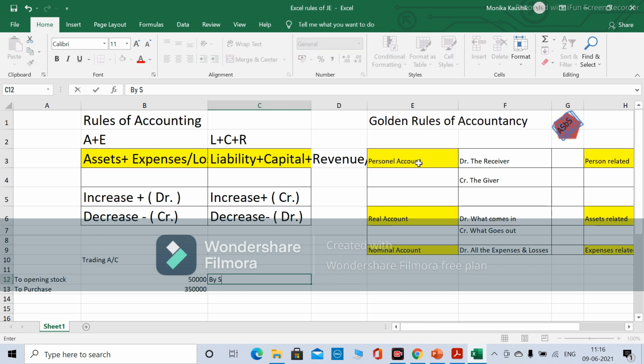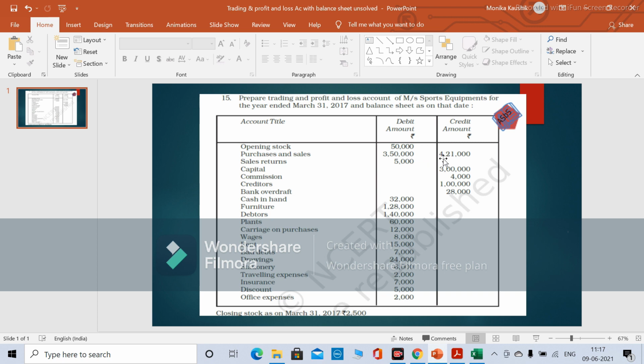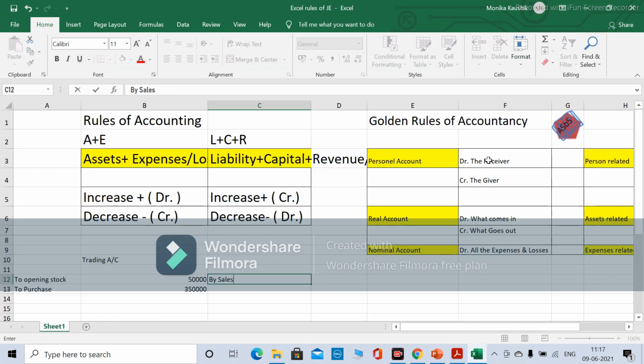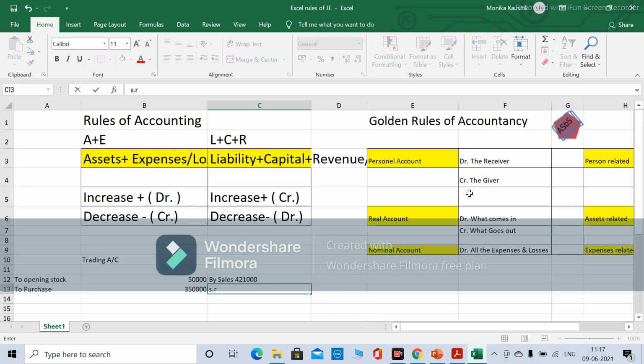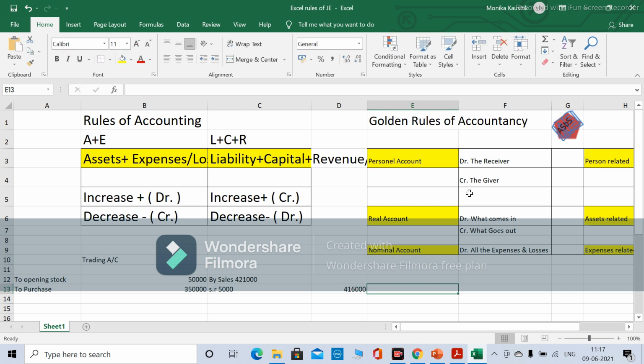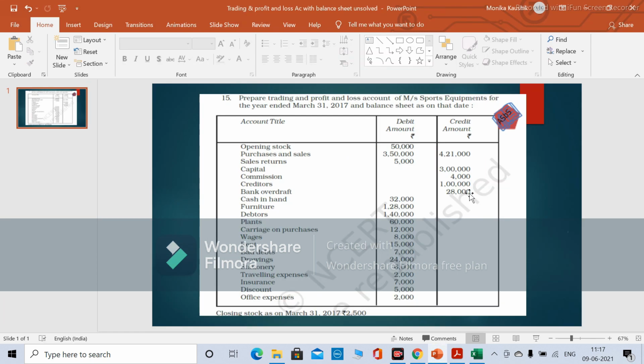Now write down the sales, that is sales less sales return. Sales is this, credit balance 4,21,000. Now the sales return will be this 5,000 rupees. So here I will write down the net sales. Net sales will be equal to 4,21,000 minus 5,000. This will come to around 4,16,000. Okay,